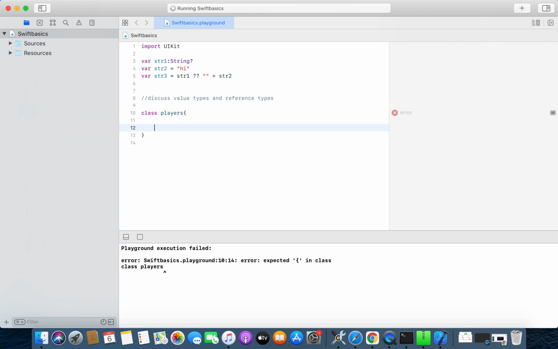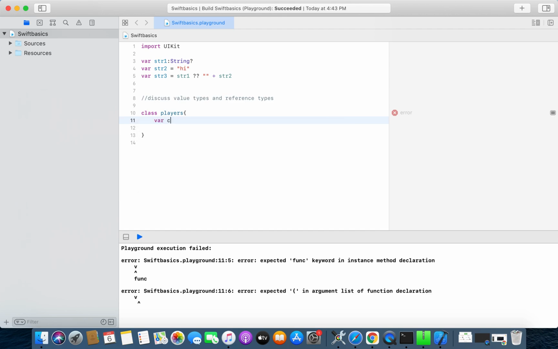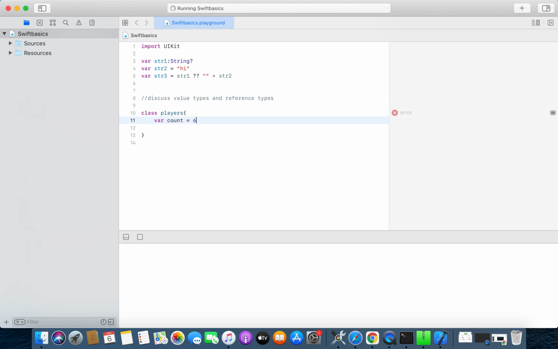Inside this Players class, I am going to create a variable named count, and I will initialize the count with 6. After this class I will create another variable with the name hockeyPlayer and a cricketPlayer. Let me just create the variable hockeyPlayer.